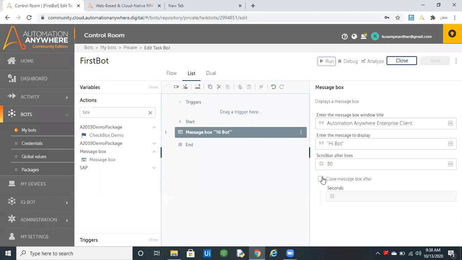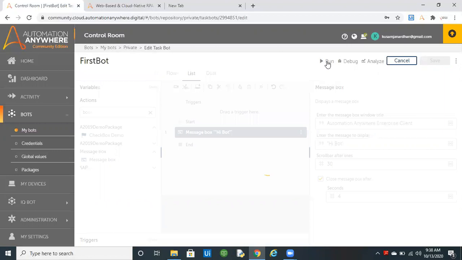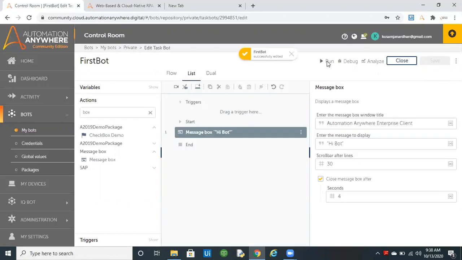Suppose we want to auto close the message box. We can choose the checkbox Close message box after, and here we can provide the seconds. Let me give 4 seconds, click on save and quickly run the process again. This time the message box will auto close.